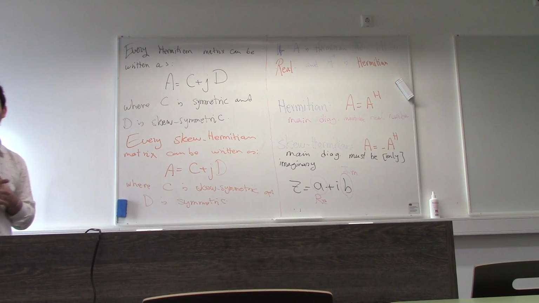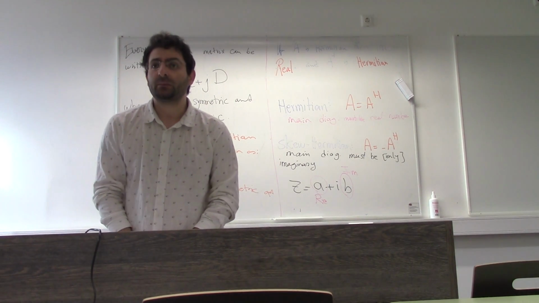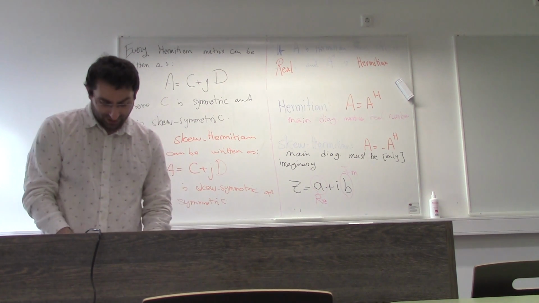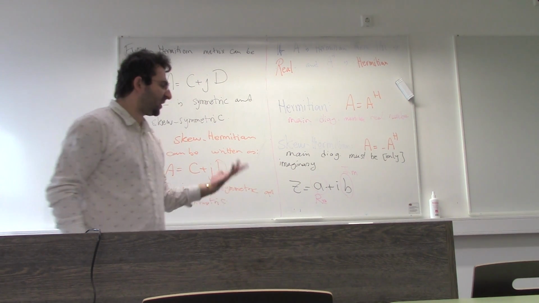There are a few more terms to discuss, like what is a unitary matrix, what is a normal matrix, and what are the, like we talk about the for